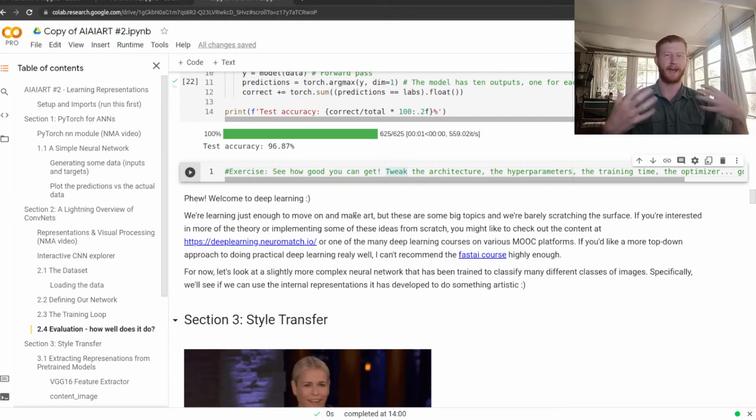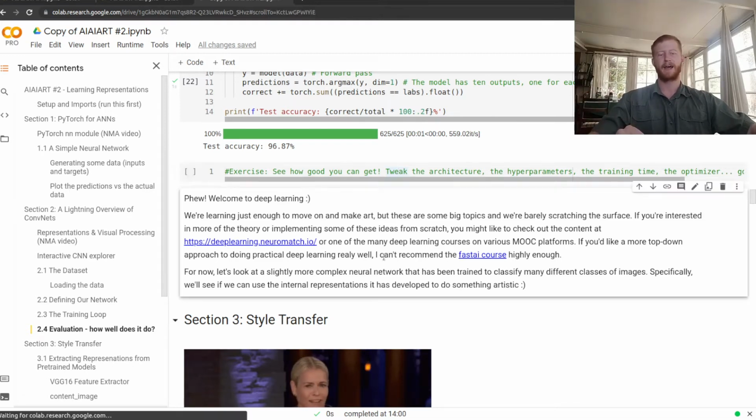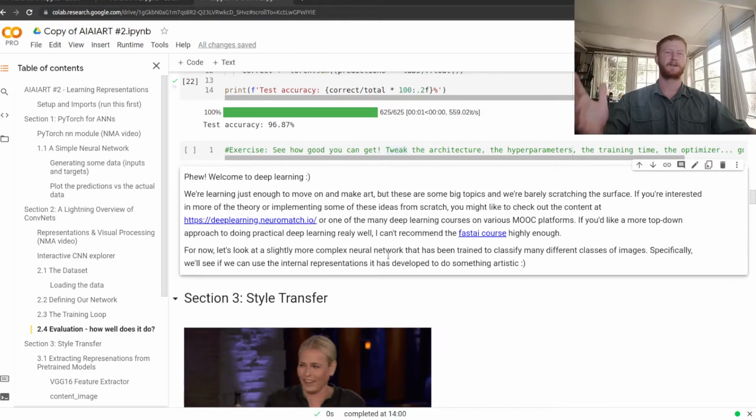If you'd like to learn to actually apply deep learning models for image classification and many other tasks, and you prefer a top-down approach, highly recommend the Fast AI course. Incredible, incredible material. But for now, we're going to move away from defining our own networks and training them,